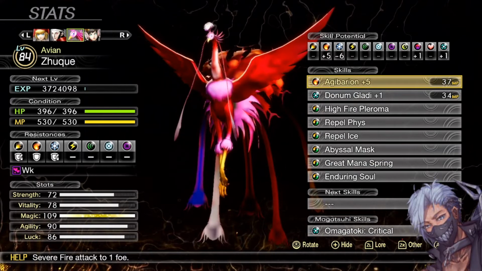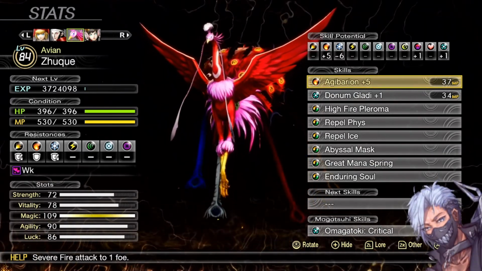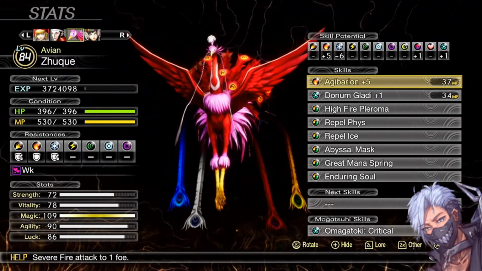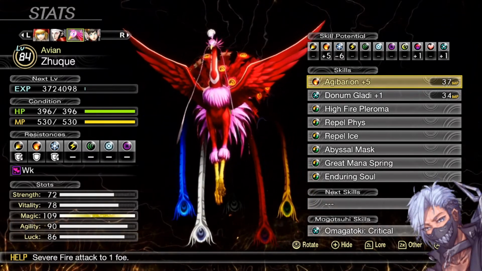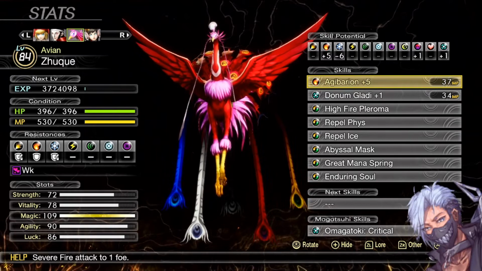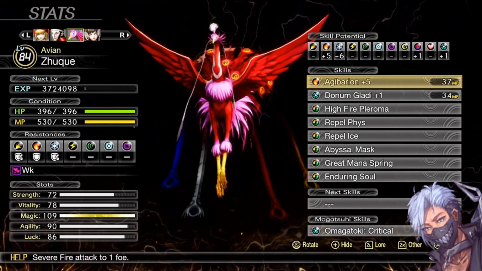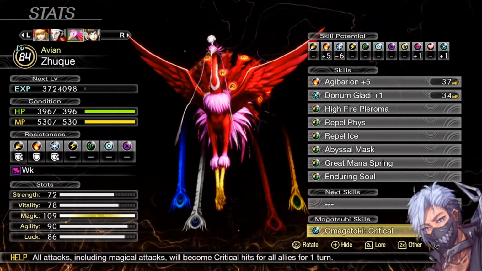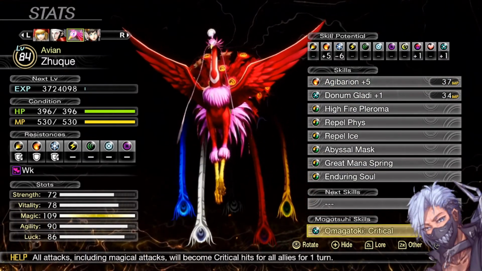Next demon. This demon. You're probably looking like, why the hell is this in your team? And ignore the levels. I'm still working on leveling them all to max before I fight Demi-Fiend, so ignore that. This demon is in this party specifically for the Demi-Fiend fight. You're just like, what? How can this thing help you with Demi-Fiend? So,